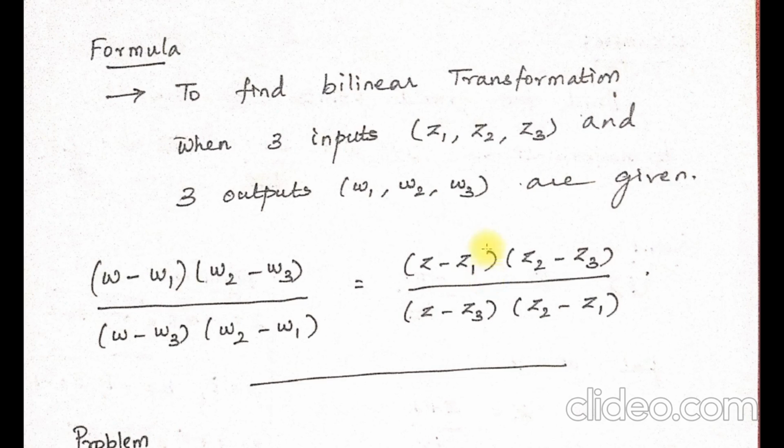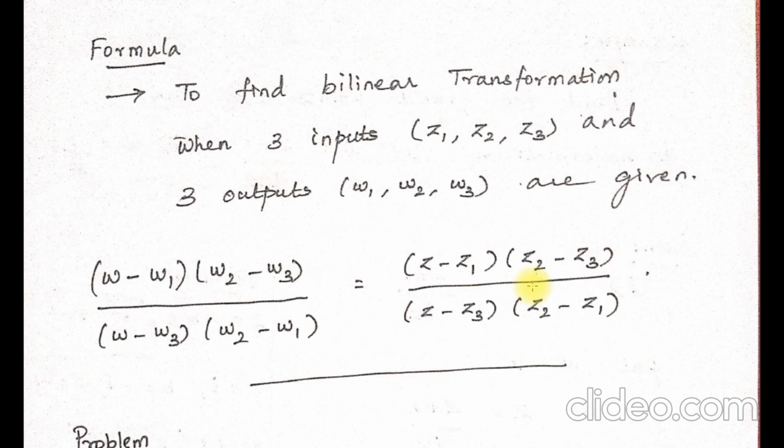For that, this is the formula. Here z1, z2, z3, w1, w2, w3 are all complex numbers. They are complex constants. So this is the formula we are going to use. It is easy to remember the formula. Take this suffix as 0; we won't write it as a suffix. So 0, 1, 2, 3 and 0, 3, 2, 1. In this way you can memorize this formula. On the other side, you are just replacing w with z. That's it. This is the formula.